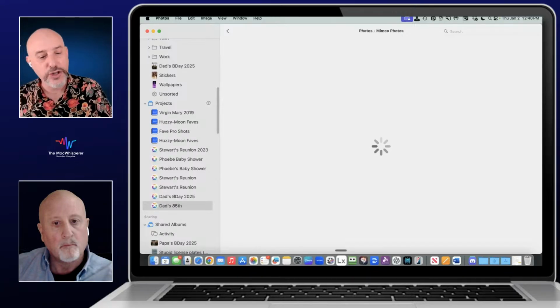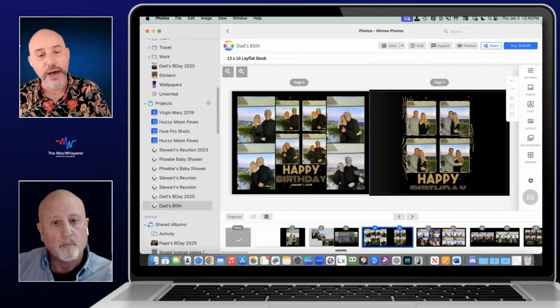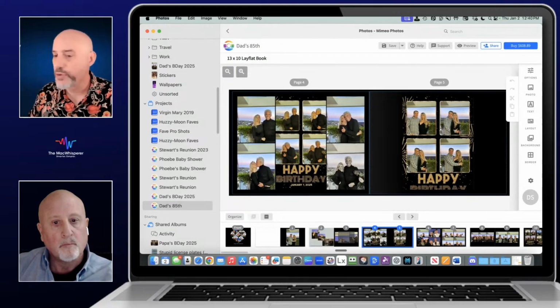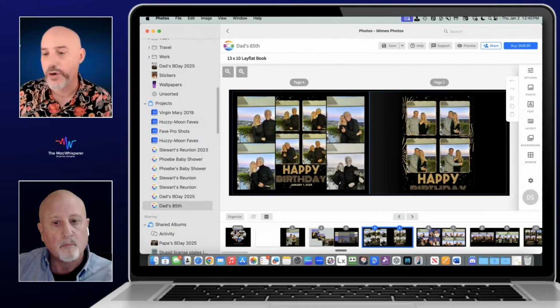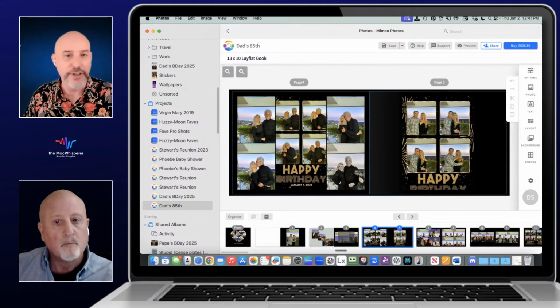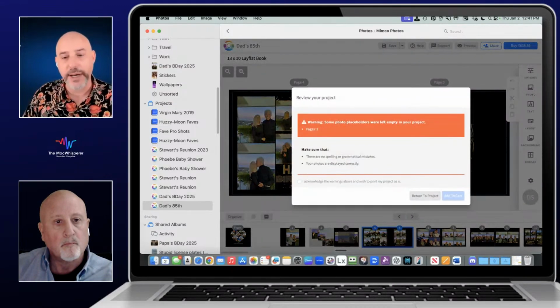And as you finish these books, you now are ready to print them. Printing them is really, really easy. In the upper right-hand corner, you're going to see the buy button. Obviously, this book has too many pages. I don't want to spend $600 on this book, but for this example, clicking the buy button, it'll give you